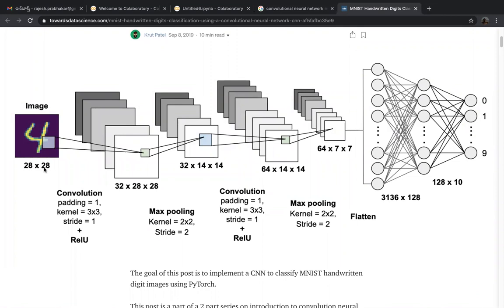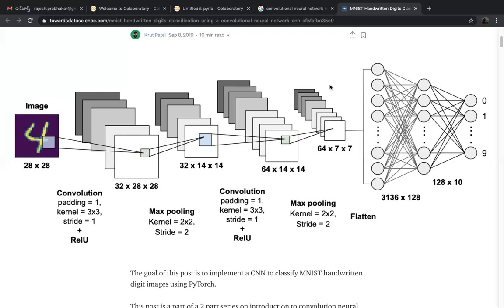So the image of 28 by 28 pixels will be put into a max pooling kernel. It will use the ReLU function, the activation functions, and using these kernels, it will keep on increasing and decreasing the layers in such a manner that the accuracy levels improve. So any neural network will have input layers, hidden layers, and within the hidden layers you have what we call the activation functions.